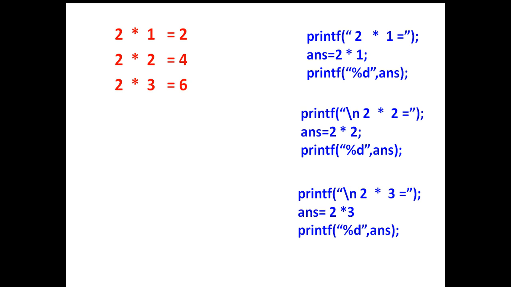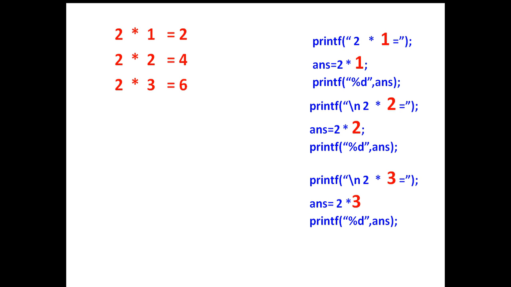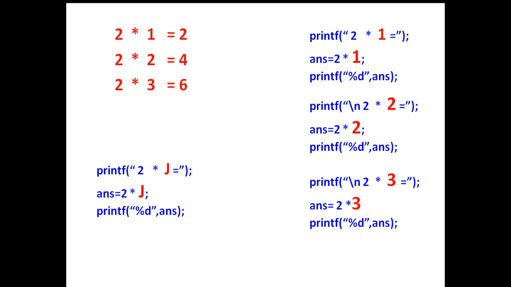So in the loop we will write the 3 statements one time, and we have to check the value which is being changed in each step. So here the 1, 2, 3 red color digits are being changed. So we have to take a variable where the values are being changed. So we have taken the j variable here,